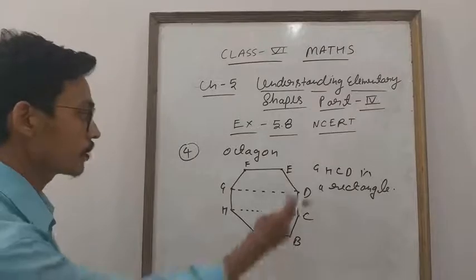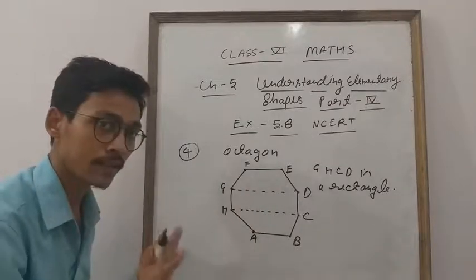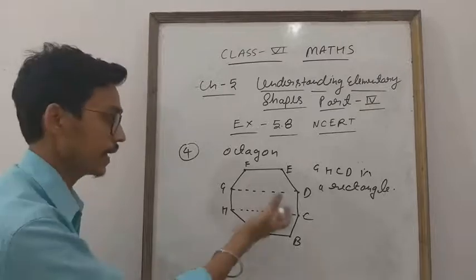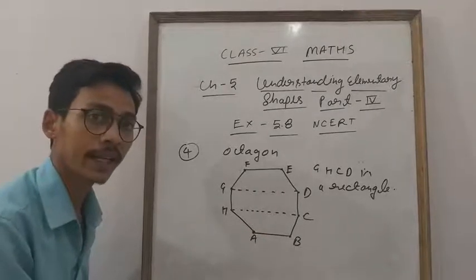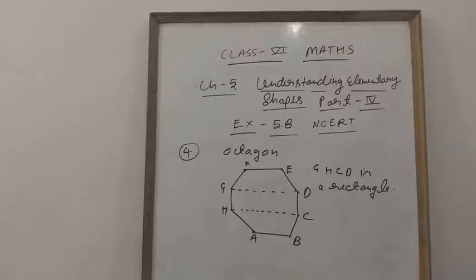What is given? You have to draw a rectangle. You have to draw an octagon. You have to draw any 4 vertices. Join any 4 vertices and the diagram forms. What is the diagram? This is a rectangle. Okay, everyone, so this is about the rectangle. So I think now you are able to understand how to solve this question.